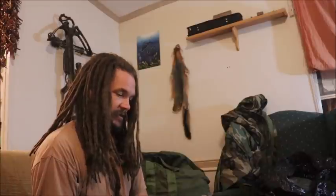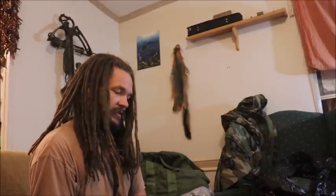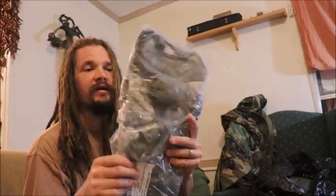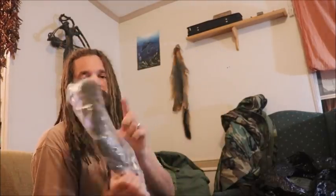Now this is what he was saying. This is a universal hydration system. He called this some sort of camel bag. So you can wear it on your back, filled with water. It's got a straw, just suck on it. That is awesome, because there's definitely times I could use hydration. This whole bag right now,